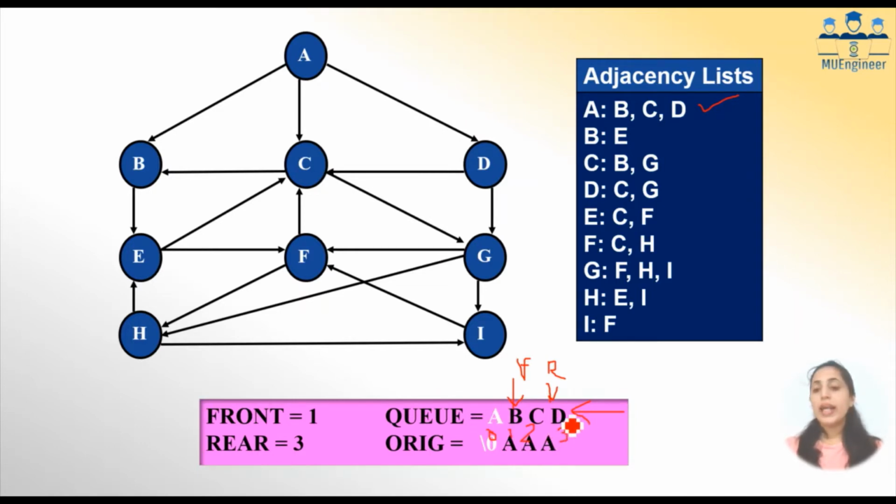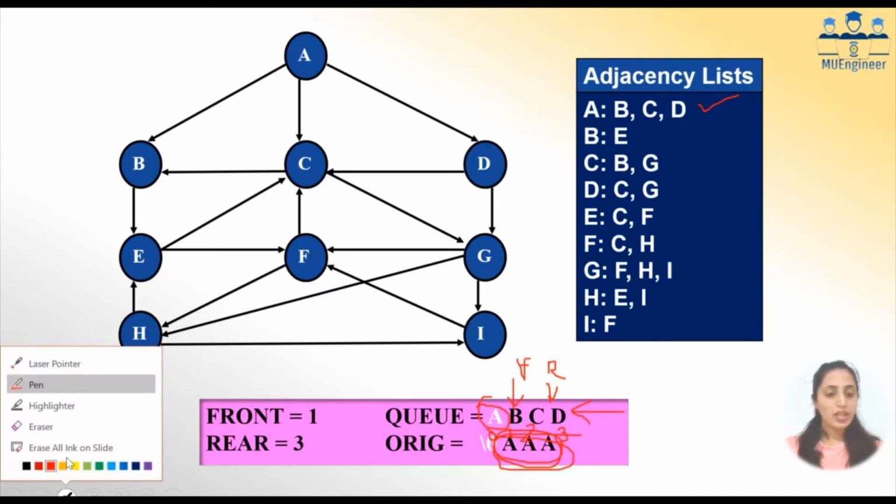Now B, C and D have been added after deleting which node, and they were the neighbors of which node who made them enqueue in the queue? After deleting A, they have been added as neighbors of A. So that's why I will be writing the origin of B, C and D as A. Why am I writing the origin of B, C and D as A? After deleting A, I'm adding the neighbors of A. So they were added as neighbors of A. That's why I'm writing their origin as A. I hope this is clear.